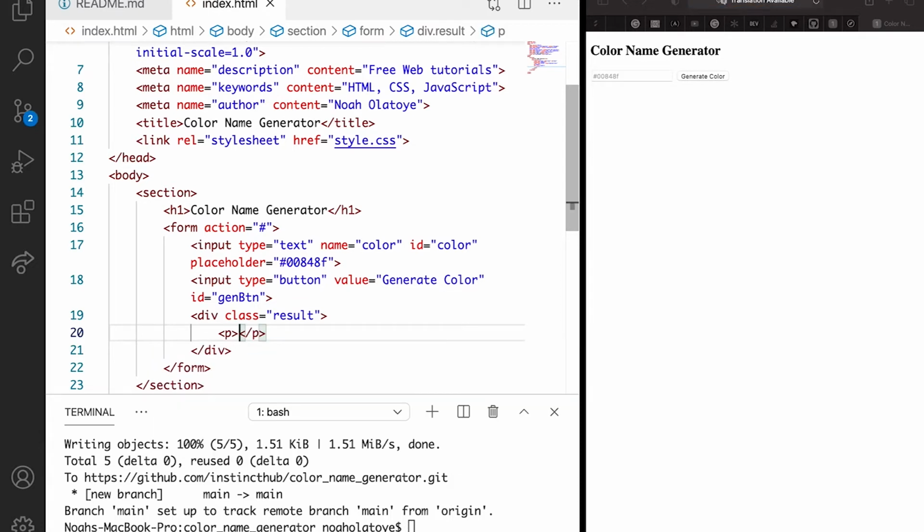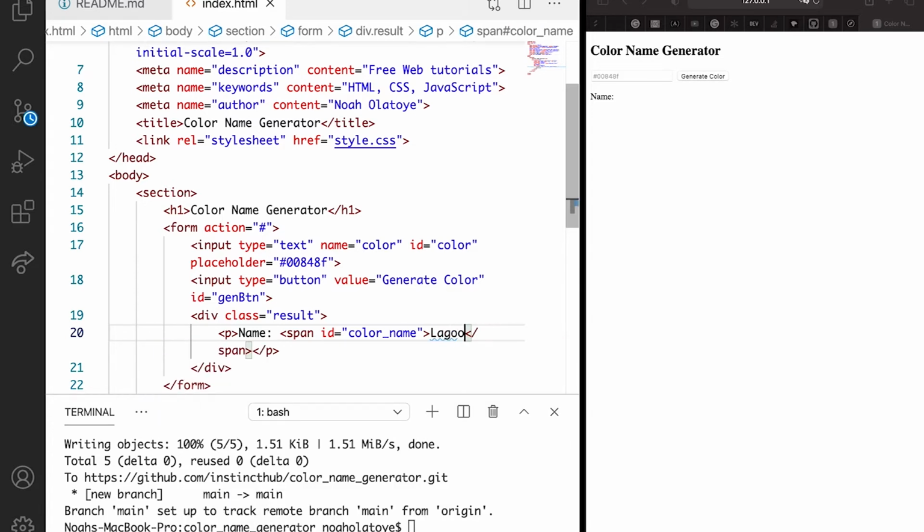Now in the p tag, we can just say name. Then we have our span tag, which is going to have the ID of color name. We're going to be using the ID in the JavaScript version. So we can just have Lagoon as the default